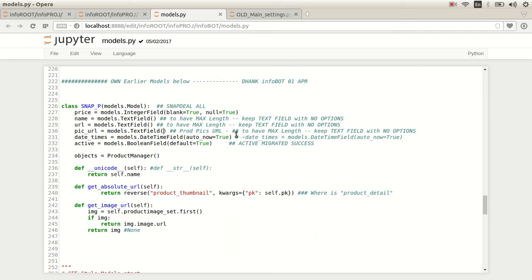So datetime is the model's DateTimeField. So auto_now is equal to true, which means whatever is the date time when that particular object is being saved by this model into our database is the timestamp which will get saved in. So that is one. An active BooleanField, so default true. So again, depending on what further we want to do with this particular project,